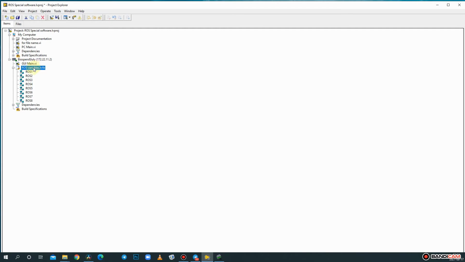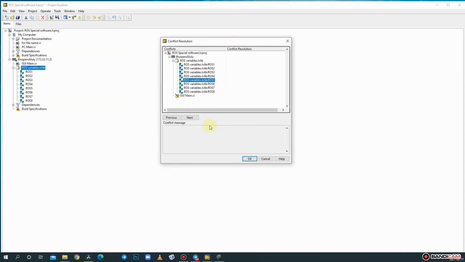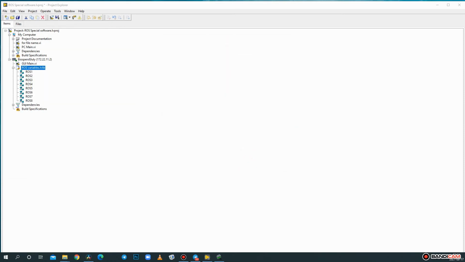Then right click that and deploy all. Because it was already installed there, you just press OK and